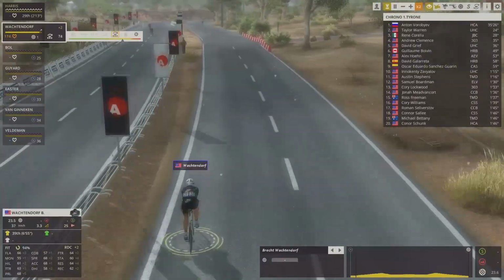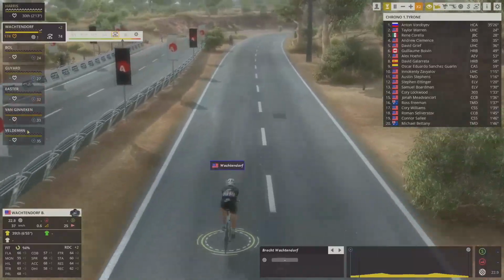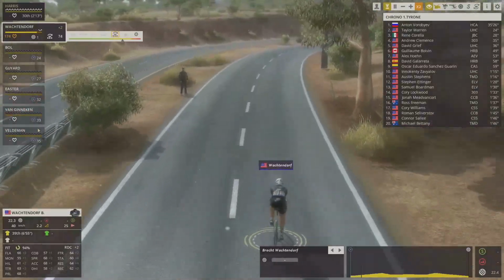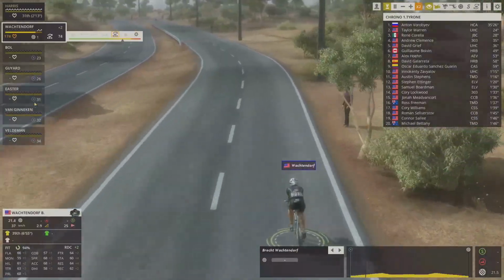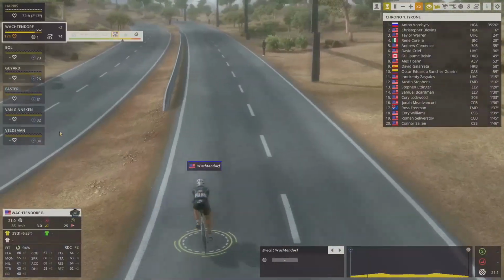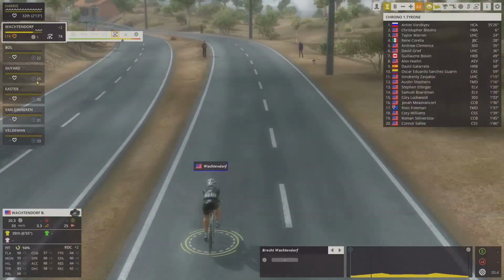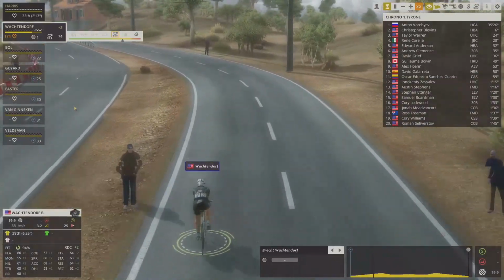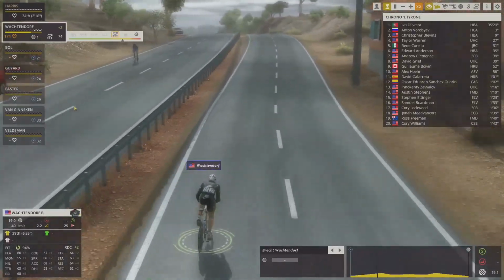Okay, he's a 63 with a +3 on the day, so at a 66, that's almost where Veldeman will be. And Veldeman's kind of the key guy, though Easter and Van Ginneken are also in the top 10, so all three of them will certainly matter. Guyard and Boll not far outside of it either. Wachtendorf and Harris, the only two that are well down in the standings. So trial-wise,